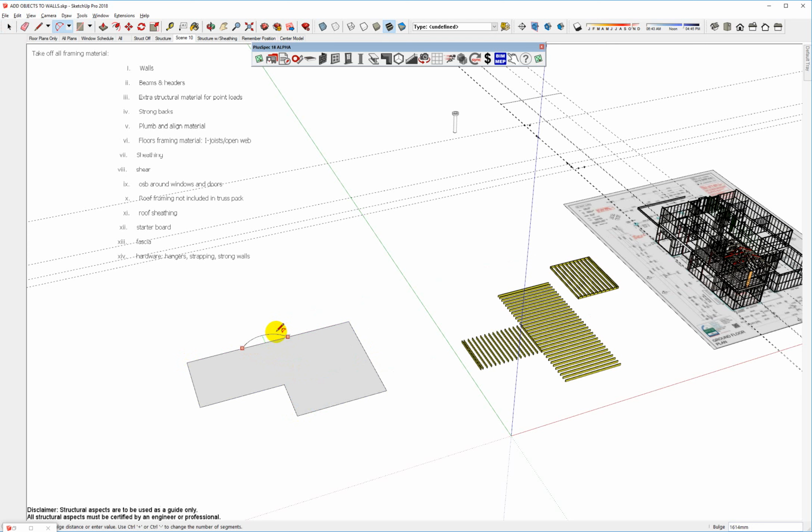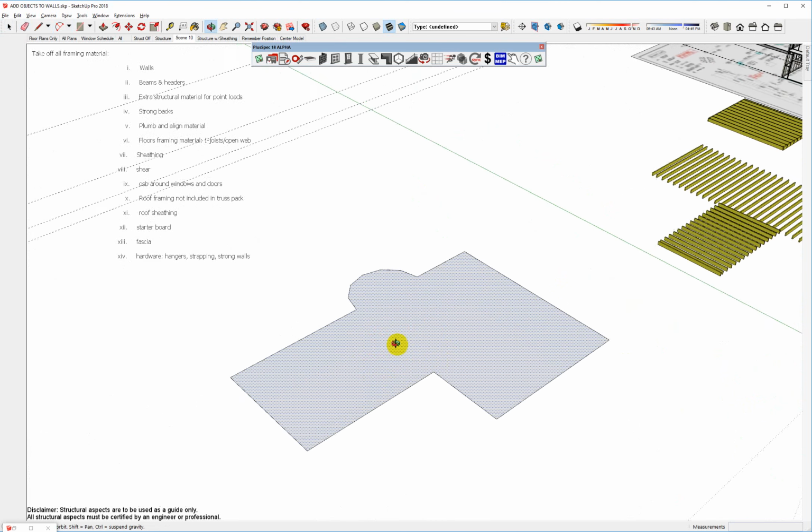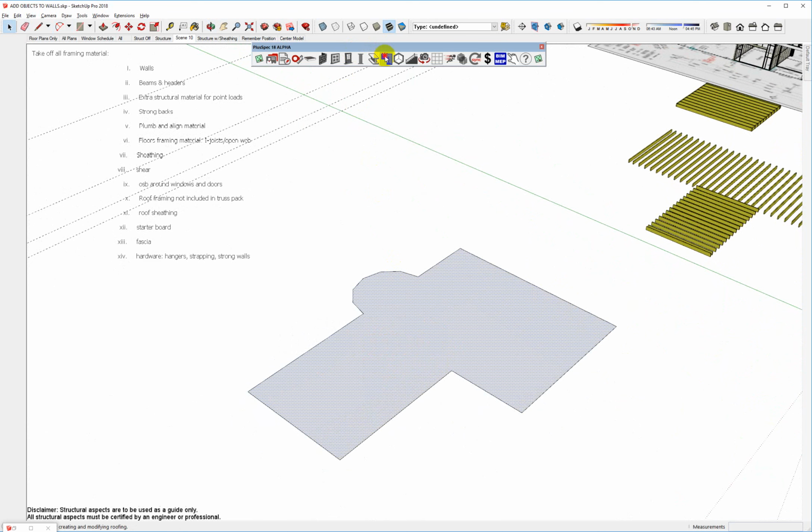From my arc, I might have, say, 6 sides. Enter. And go from here to here. Oops. So to do this, I'm going to use arc, which is here, or A is a shortcut. And down the bottom here, this is the number of sides in an arc, so I'm going to say 6 and push enter. And now I'm going to go to here, and I go arc from here to here. All right, I now have a 6-sided arc. If I'm going to put a roof in there, erase, you can see where I'd have trouble putting trusses in there. Okay. I'm going to create my roof,